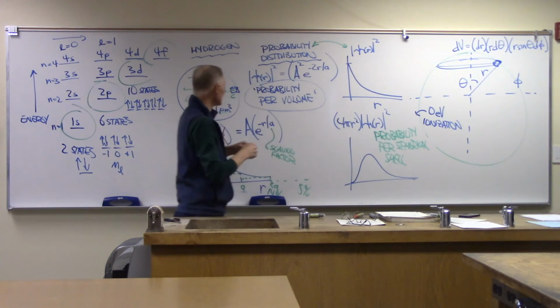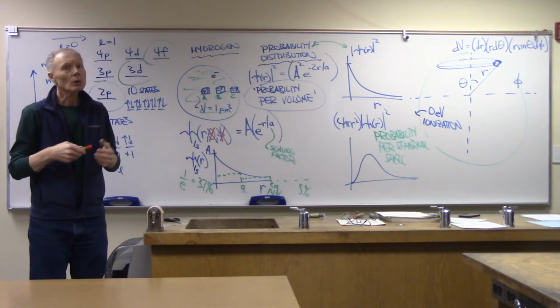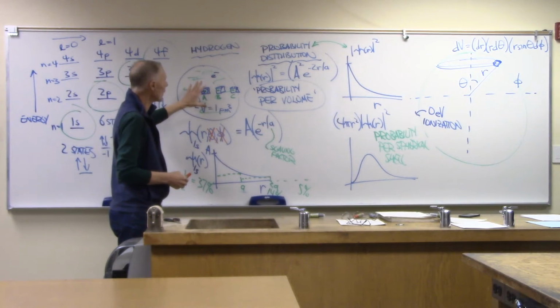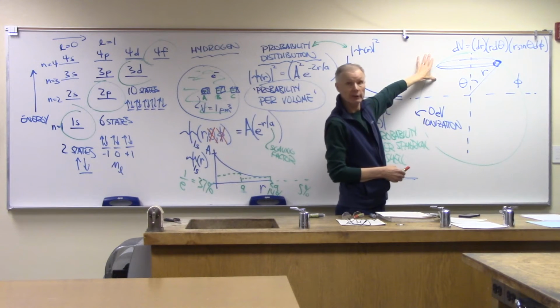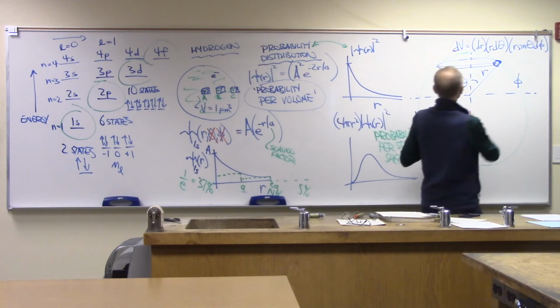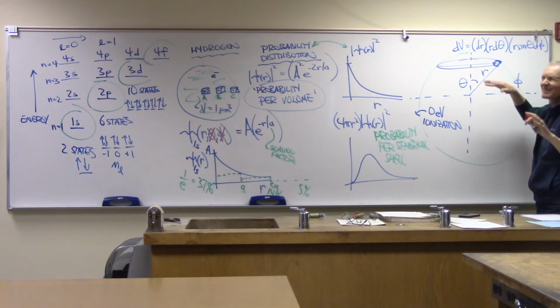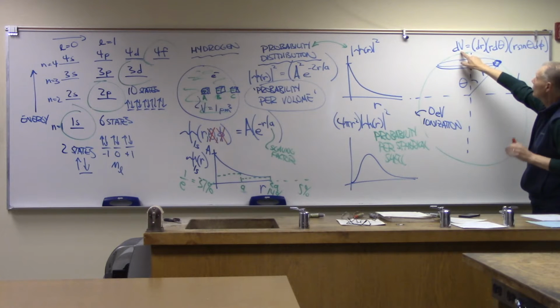So let's go back. Let's say that we wanted to integrate all the probabilities everywhere. What would we have to do? We would have to go back to our spherical coordinate diagram and identify a volume element. You guys remember from your calculus classes, I guess Calc 3, multidimensional calculus, that in spherical coordinates the volume element